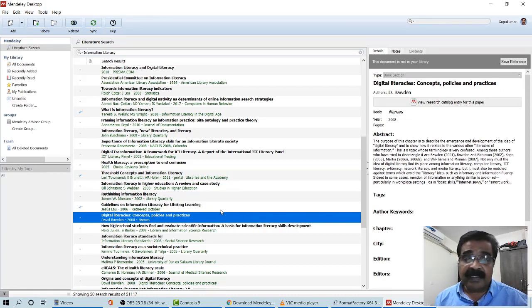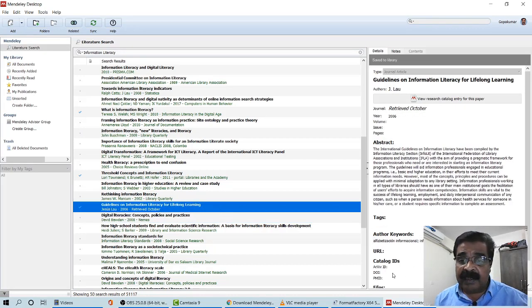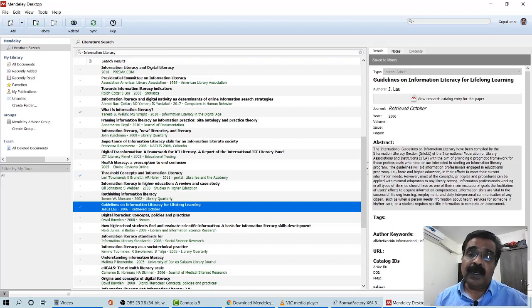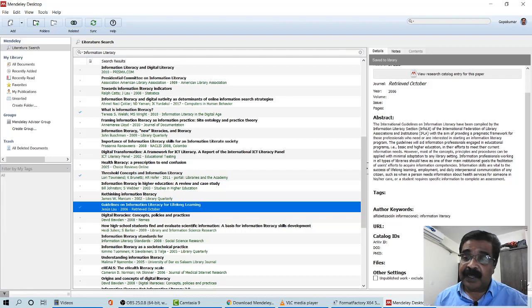In certain cases you won't be getting the DOI. So what you can do is you can go to Google by typing the keyword as well as the name of the author in Google. If you search, you may get the DOI. You can copy it here and then look for, you will get the full metadata. That way you can update it.